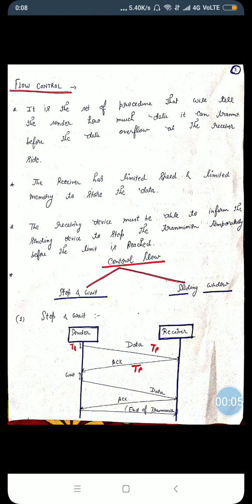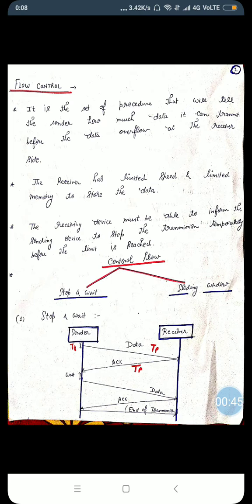In this video lecture, we are going to discuss the topic of flow control. Basically, flow control is a set of procedures that tells the sender how much data it can transmit before the data overflows at the receiver side. The receiver has limited speed and limited memory to store the data. The receiving device must be able to inform the sending device to stop the transmission temporarily before the limit is